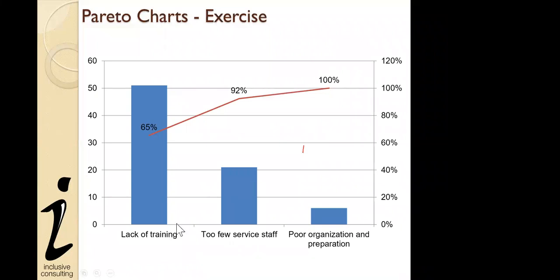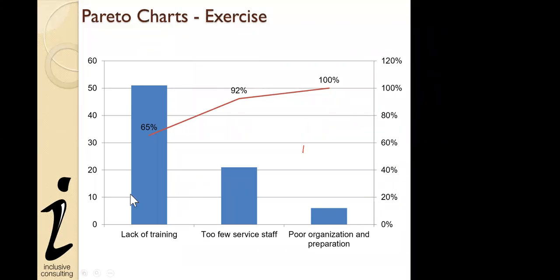You have lack of training appearing more than 50 times, or being the cause of more than 50 customer negative reviews. You have too few service staff, about 20, and you have poor organization and preparation about 5 or 6 times. So if you present this in chronological order, in the accumulated percentage order,